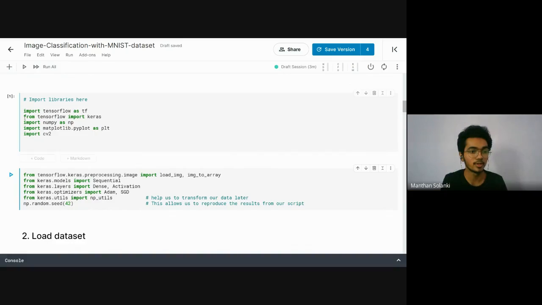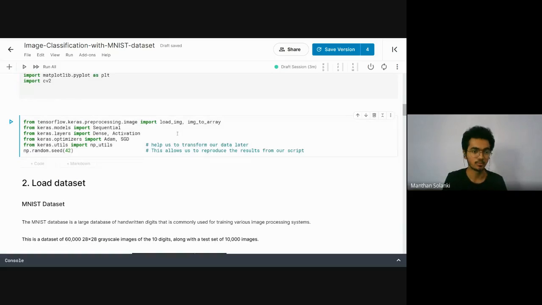Then I am importing from TensorFlow import keras, and then import numpy as np, again the same, and import matplotlib.pyplot as plt. Now this is very important: I am importing load_img and img_to_array, which we will use later in this notebook.